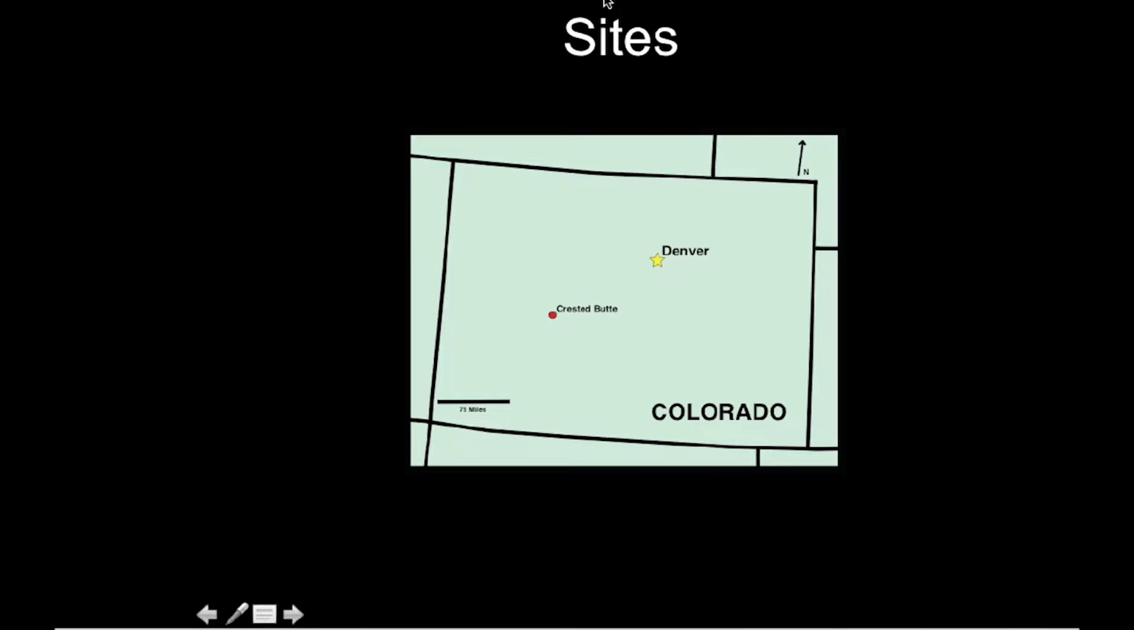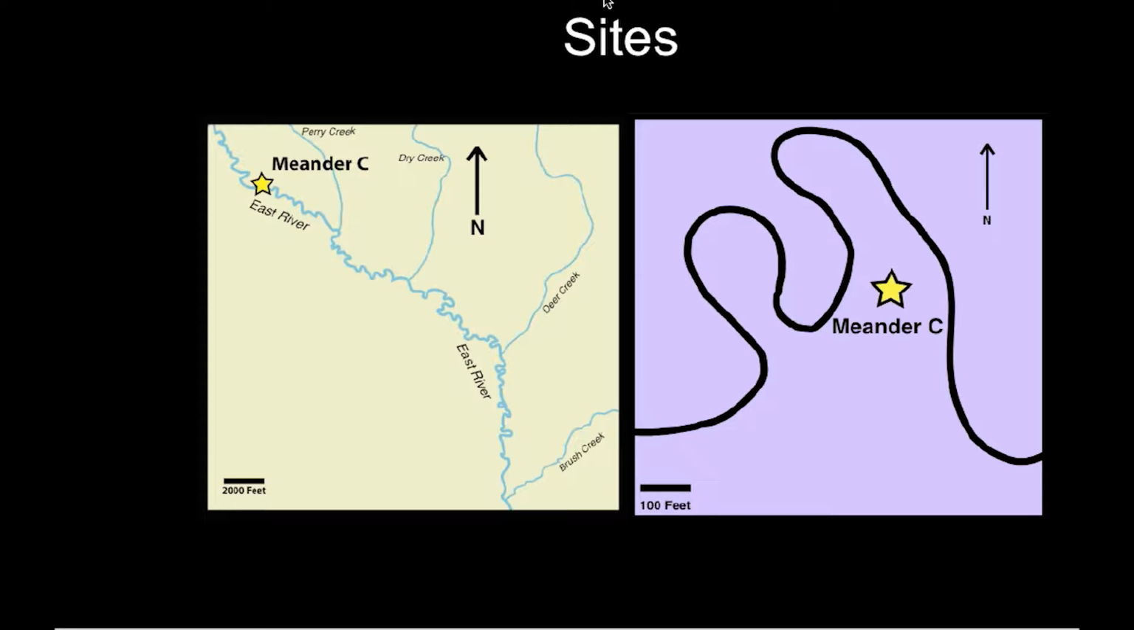So once again, my site is in Crested Butte, which is just southwest of Denver. And I conducted all my research on the East River at a certain meander. And the meander is just a winding section of the river. So at Meander C, there were 6 wells. There were 6 small wells situated around that meander, which is where I conducted all of